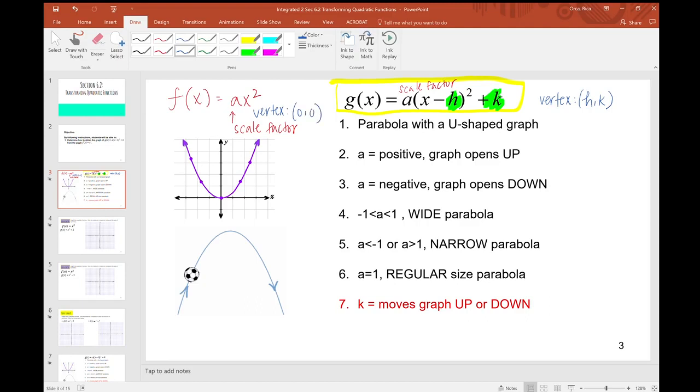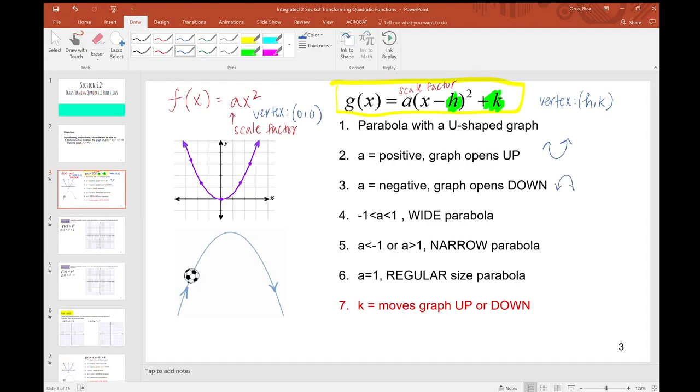And just a few reminders from last time. If a, which is our scale factor, is positive, the graph opens up. If our a value is negative, the graph is going to open down. If a is between -1 and 1, then our parabola is going to be really wide. So a would have to be a fraction or a decimal between